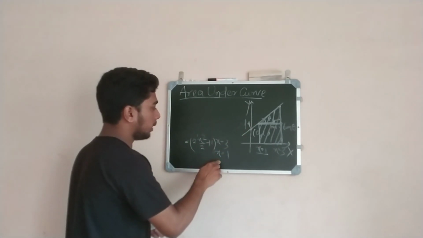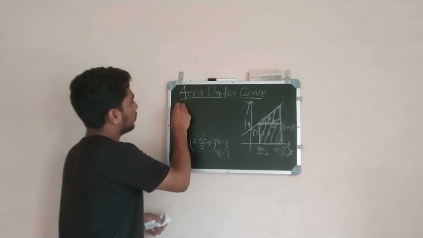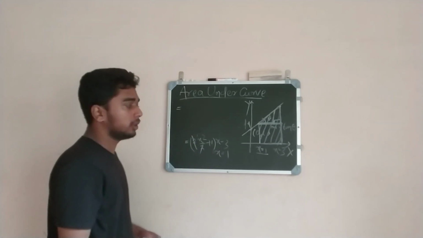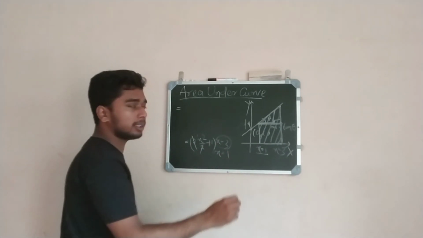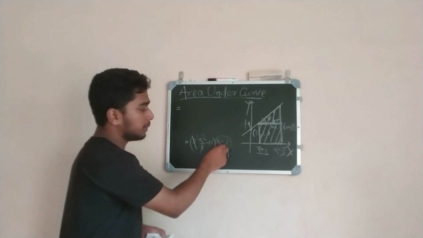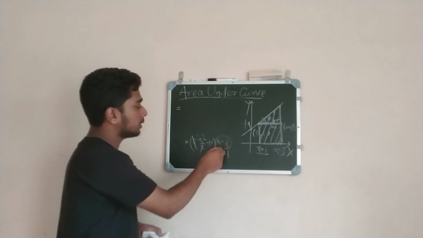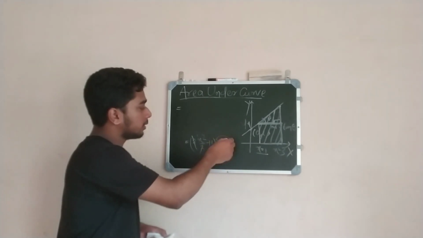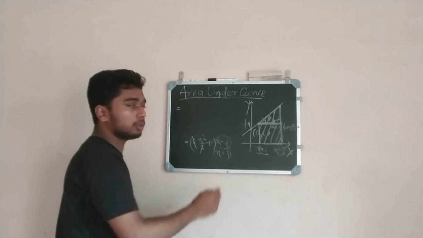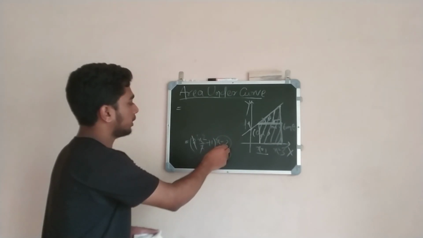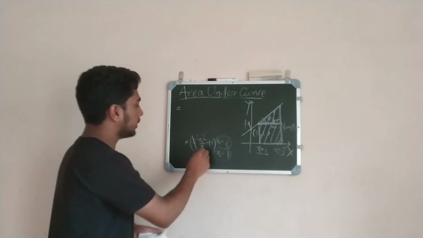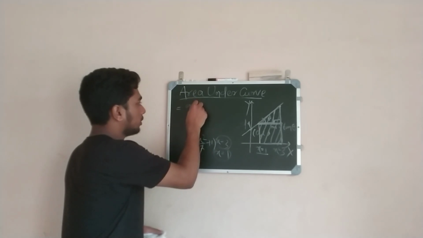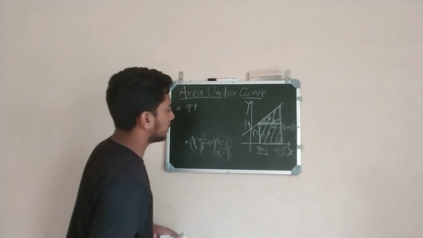So x is equal to 1 to x is equal to 3. So this 2 will be cancelled out. Then put the limit separately. First put the limit x is equal to 3. So let us first put the x is equal to 3 value. If I put x is equal to 3, then this will be 3, 9 plus this will be x.